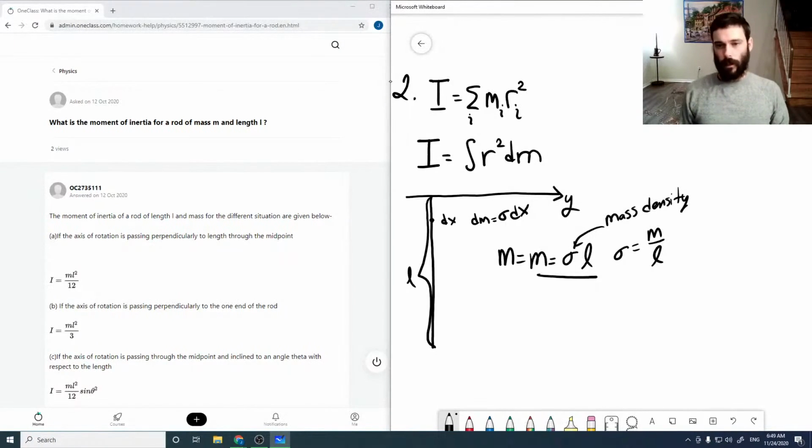And in this case, I should change it to an r, since that is our r, and I'm going to call it a dr, just so that I don't have to change units from what I called there. So that would be our r, that would be our dr, and that's our dm. So for this problem, our moment of inertia is the integral of r squared sigma dr,